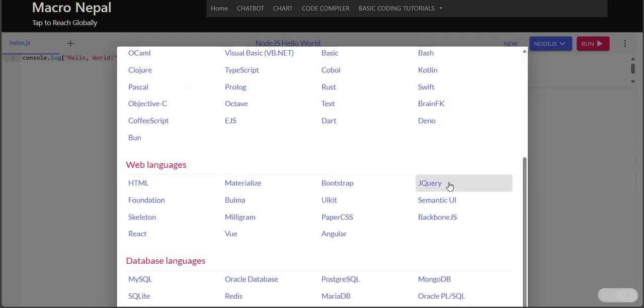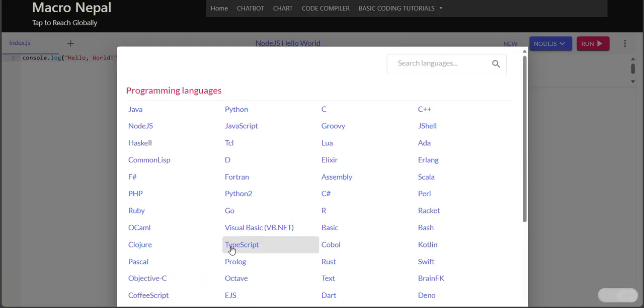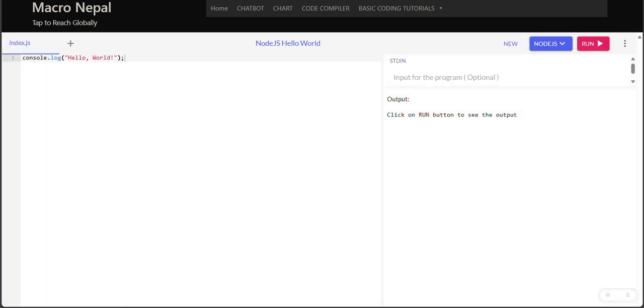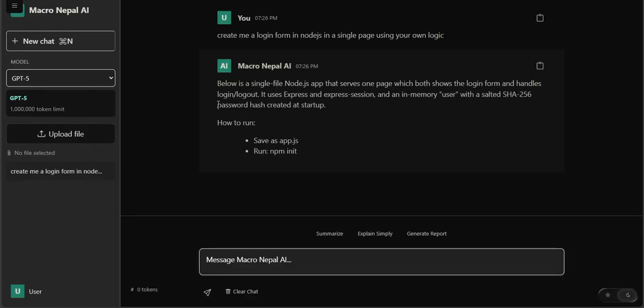Up to around 75 programming languages you can use here. jQuery, Bootstrap, Materialize, Foundation, Bulma, UIkit, Semantic UI, Paper CSS, Backbone.js, Angular, Vue, React, okay. MySQL, Oracle Database, PostgreSQL, MongoDB, also Oracle PL/SQL, MariaDB, Redis, and SQLite. Okay, so here are all of these code compilers, and here now